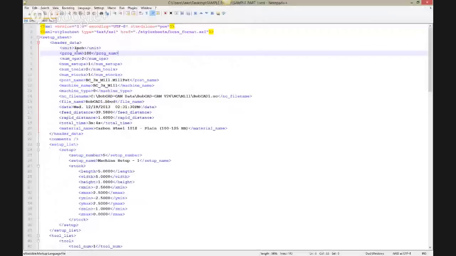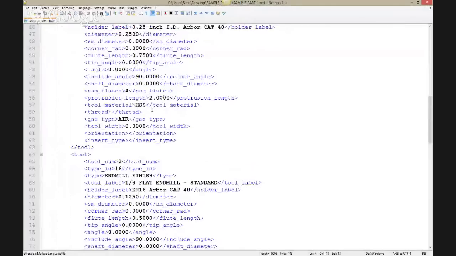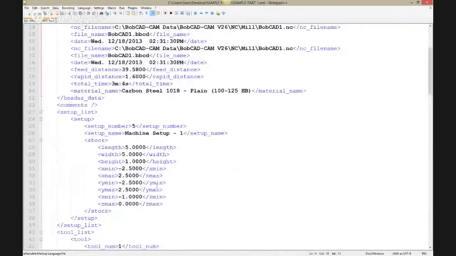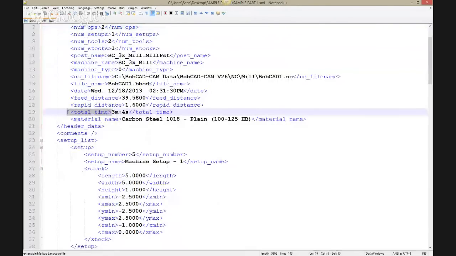Now, in here, this is the XML file. The XML file just calls out a whole bunch of information, or BobCAD writes this file when you post the code or generate the setup sheet. This file contains the data like the units, the program number, the number of operations that are used in the program, number of setups or machine setups, the total time for the program. Here I can see that the whole program is 3 minutes 4 seconds,